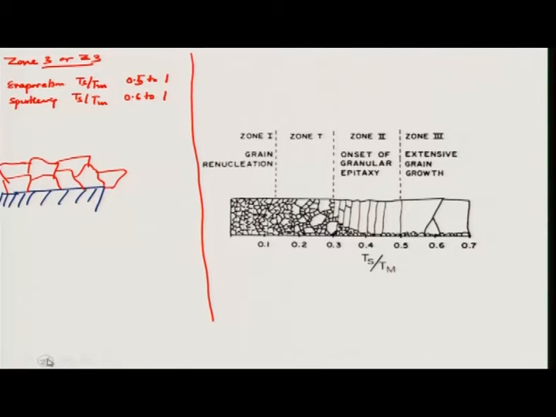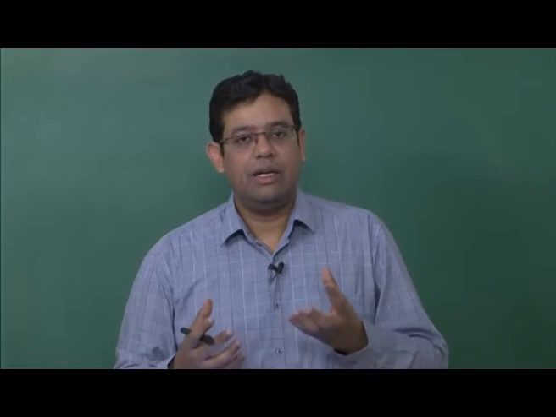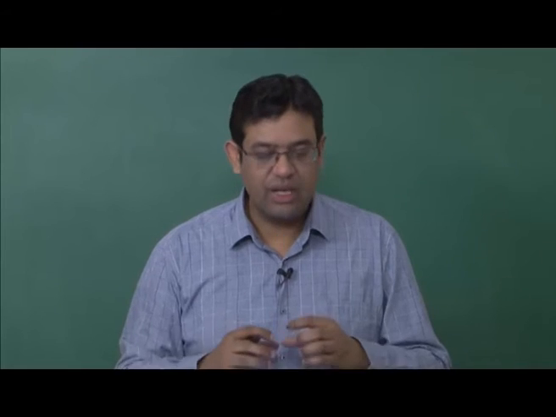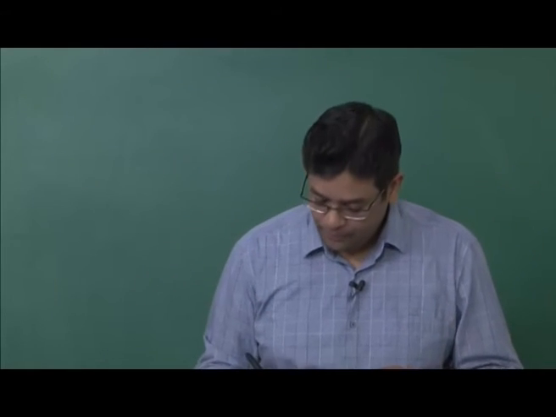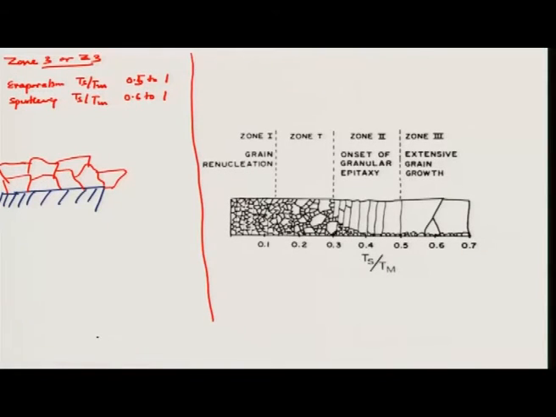So, the grains start to grow. The grain with preferential crystal orientation will like to grow more. So, the structure of these films would be large grains,